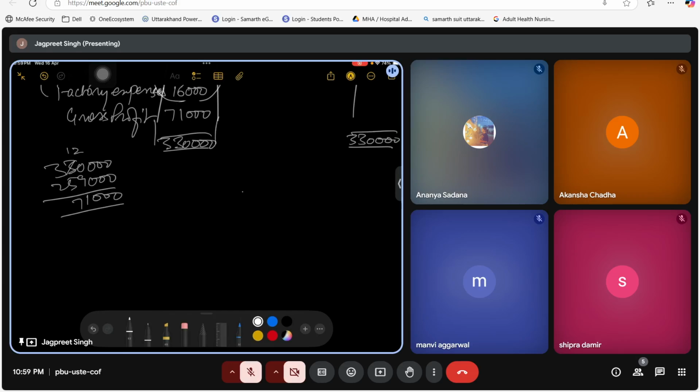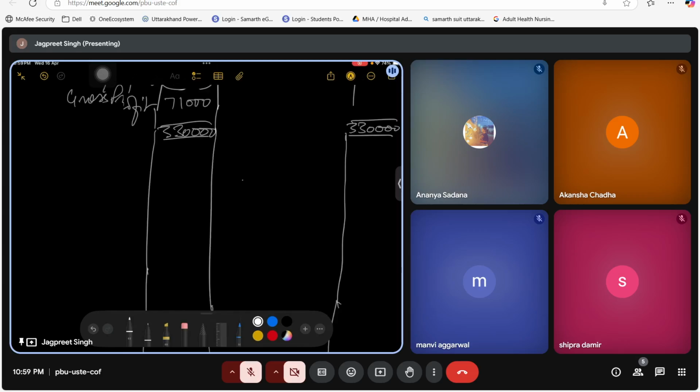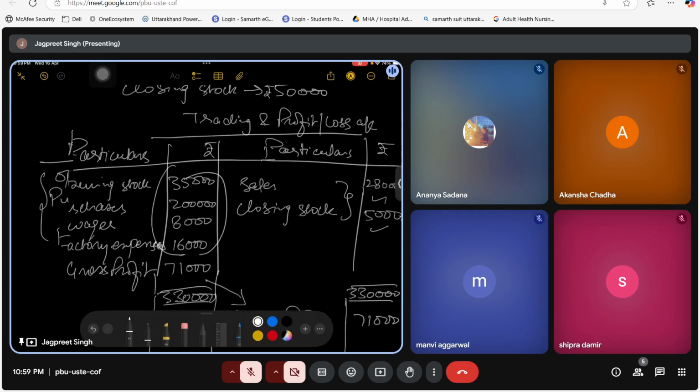अब ये ग्रॉस प्रॉफिट मैं ट्रांसफर कर दूंगा प्रॉफिट एंड लॉस अकाउंट में। फिर मैं प्रॉफिट एंड लॉस अकाउंट के जितने भी ट्रांजेक्शन है उनको एक्सटेंड कर दूंगा। बस अब मुझे ये लाइंस को, मार्जिन को एक्सटेंड कर देना है, क्योंकि ट्रेडिंग एंड प्रॉफिट एंड लॉस अकाउंट तो मैं ऊपर ही लिख चुका हूँ हेडिंग में, मुझे अलग से दोबारा लिखने की जरूरत नहीं है। मुझे सिंपली ये ग्रॉस प्रॉफिट को यहाँ ट्रांसफर करना है। यहाँ लिखूंगा ग्रॉस प्रॉफिट, और जो भी 71,000 रुपीज का ग्रॉस प्रॉफिट था उसको ट्रांसफर कर दूंगा।